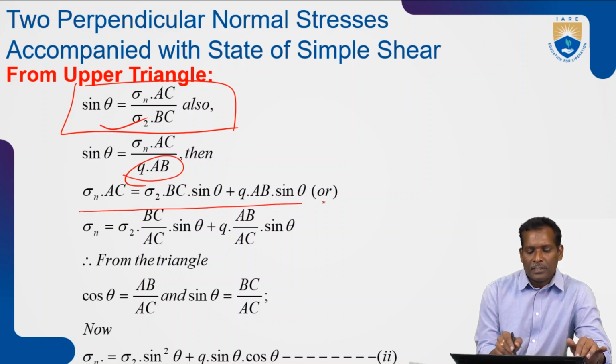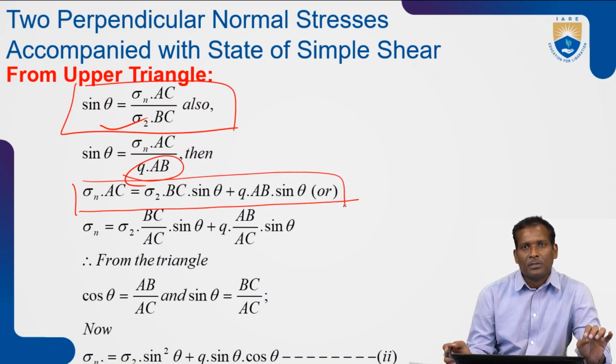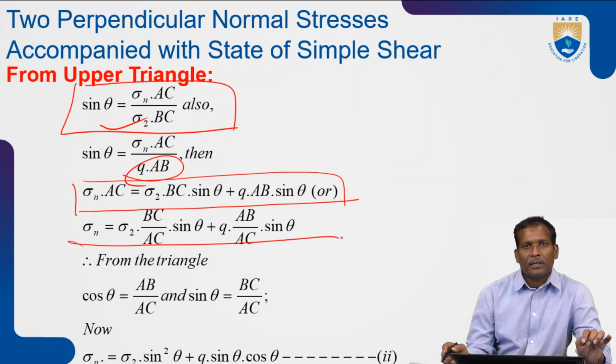So sigma n AC is equal to sigma 2 BC sin theta plus QAB sin theta. So you can write the sigma n is equal to sigma 2 BC by AC sin theta plus